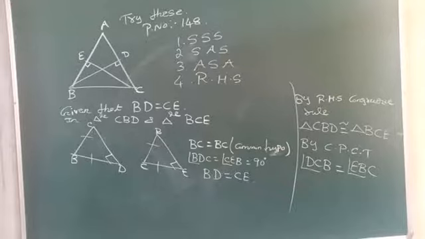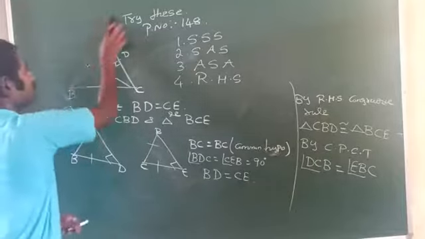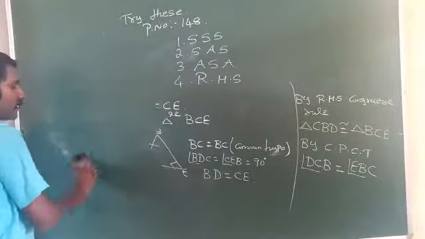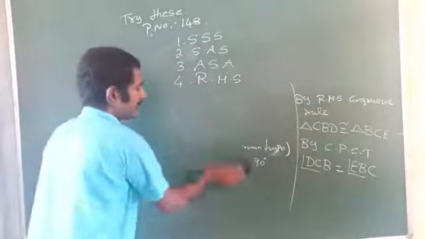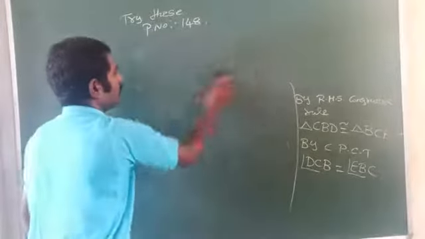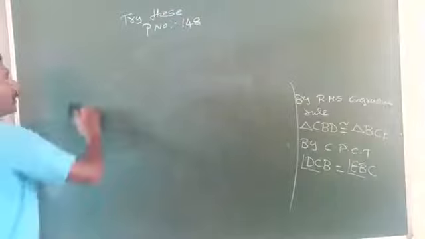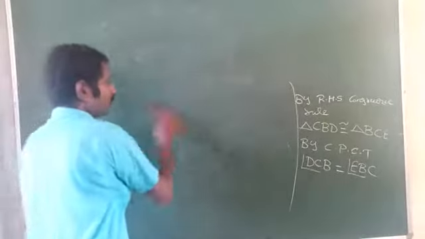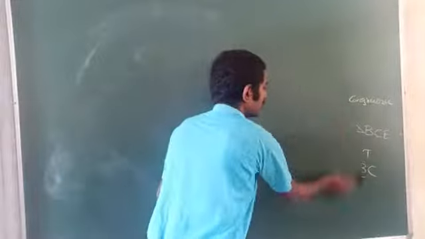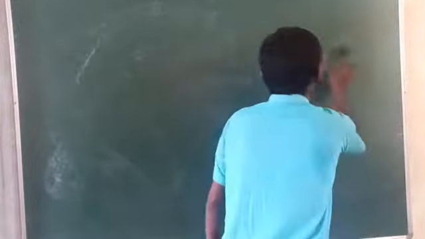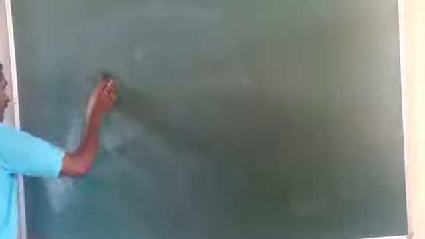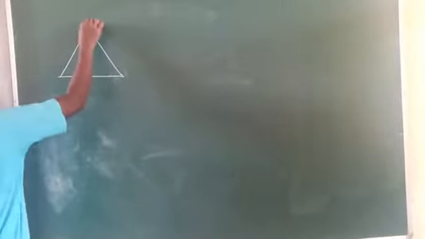ABC is an isosceles triangle with AB equal to AC. What is an isosceles triangle? A triangle in which any two sides are equal or any two angles are equal is called an isosceles triangle. Otherwise, a triangle in which two base angles are equal is also called an isosceles triangle. Here the question is, in triangle ABC, such that AB equal to AC.